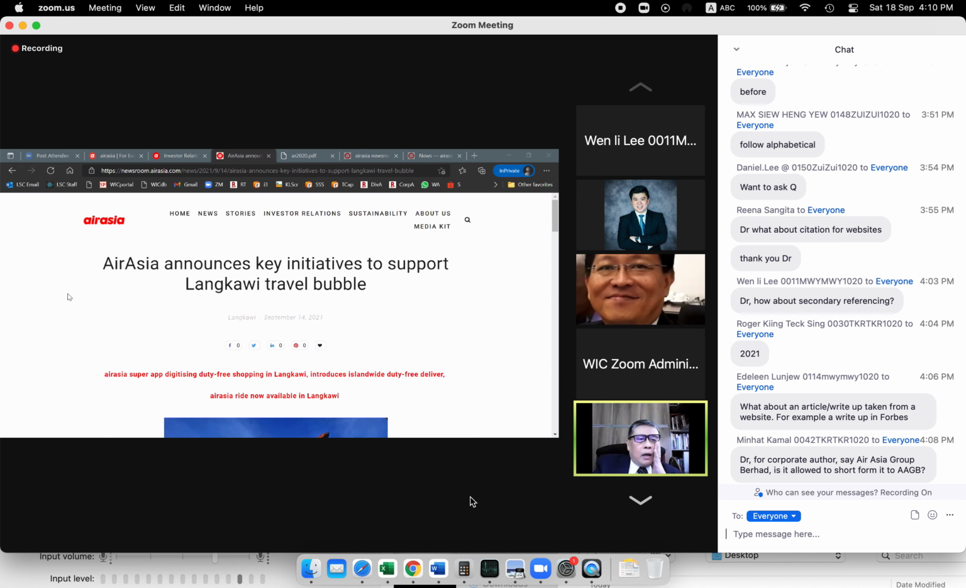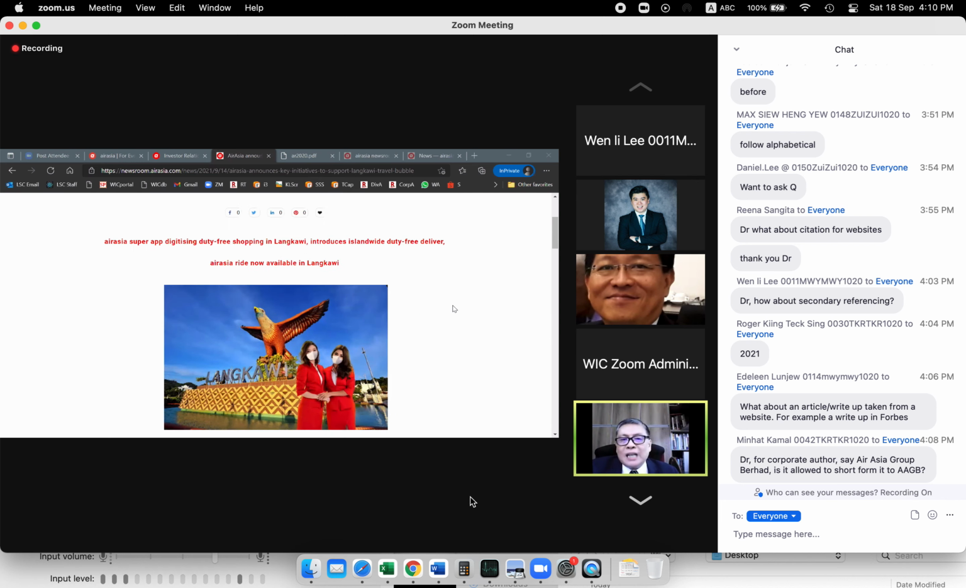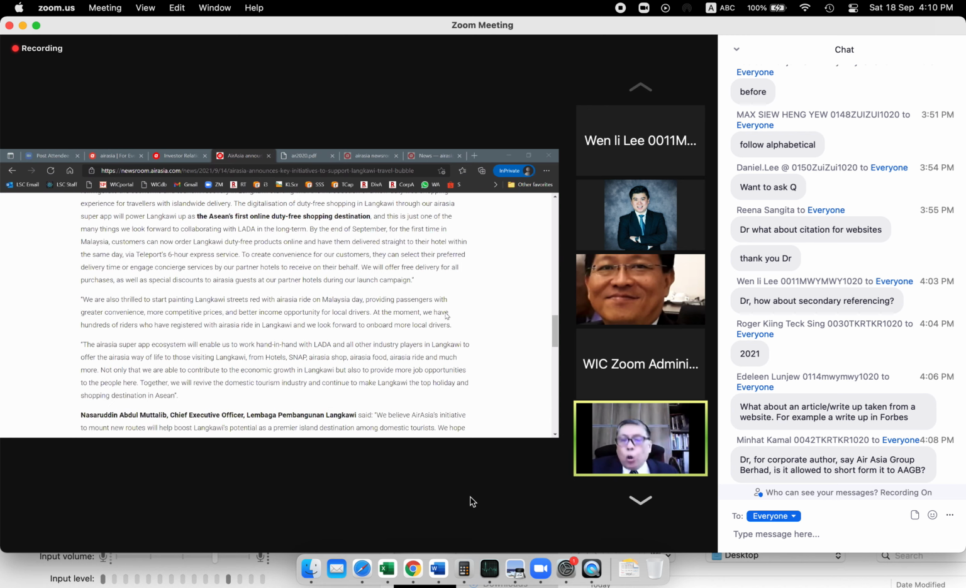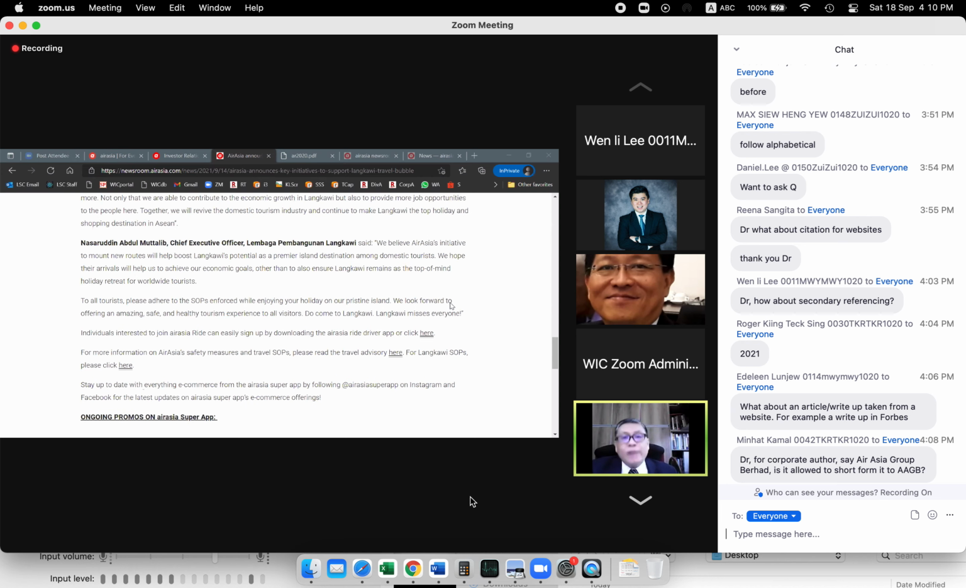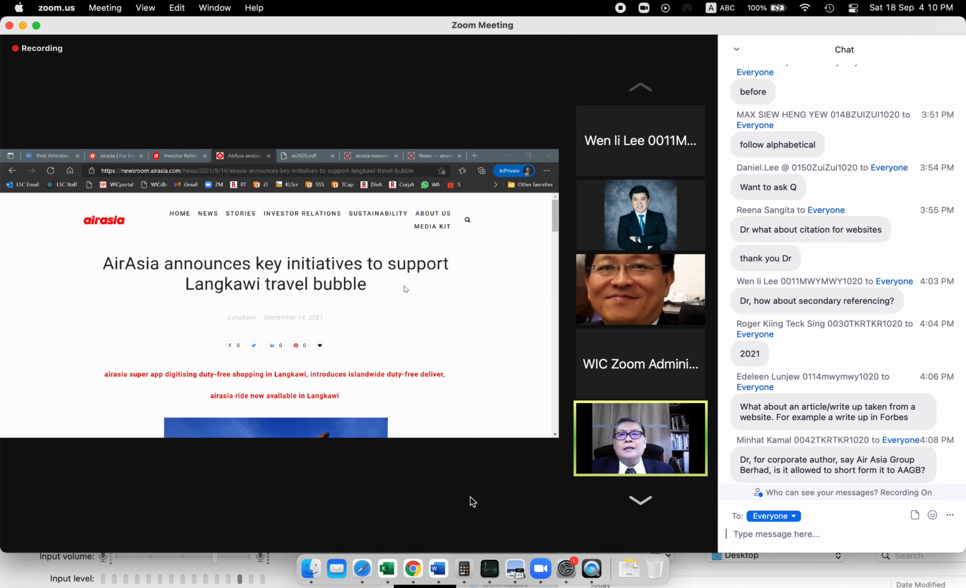Now, this is an example of an article, a write-up taken from a website, and it is not a downloadable PDF format. So you need to cite this. You may have certain information from this article that you may want to include in your report, because these are all facts and figures. So how do you cite this? This is part and parcel of website references. Let's get back to the